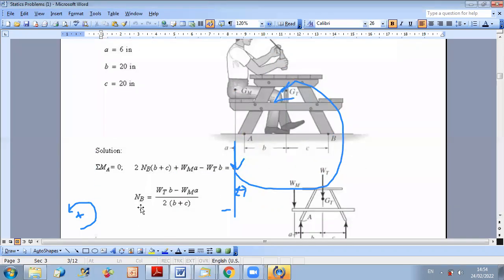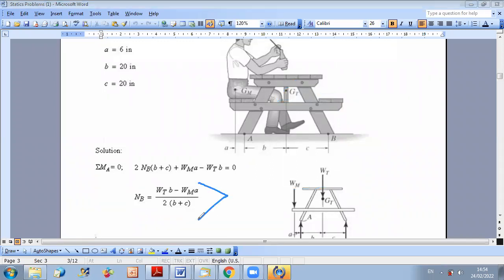Now, how can I benefit from this relation? I can get NB as a function of W table and W man. And you can see that because the condition on NB is that it should be larger than 0 to be on the safe side, to not have overturning of the table, you can find the minimum value of the weight of the table to not have overturn. So the weight of the table should be larger than the weight of the man